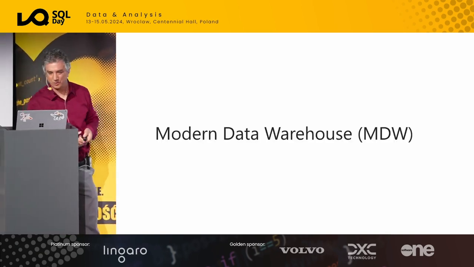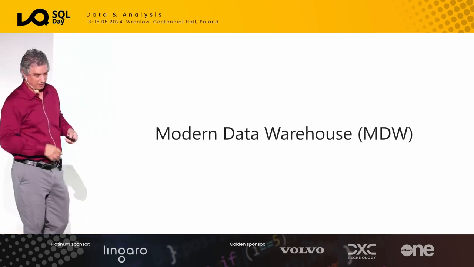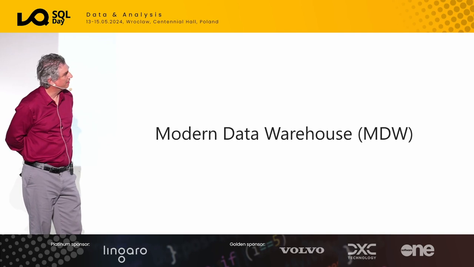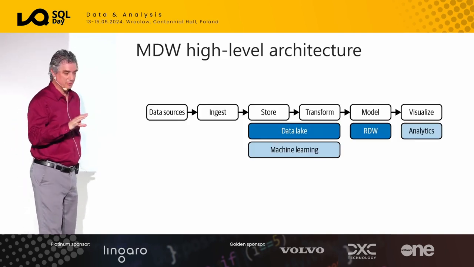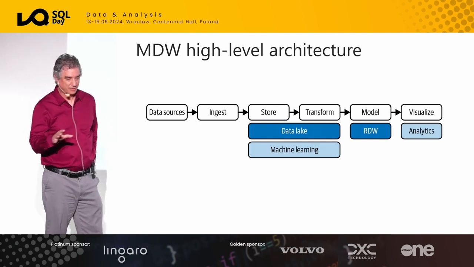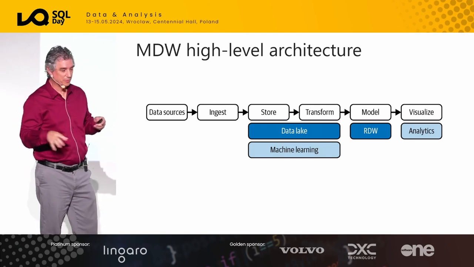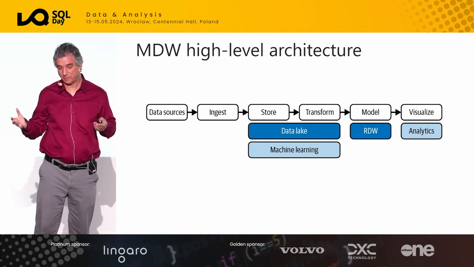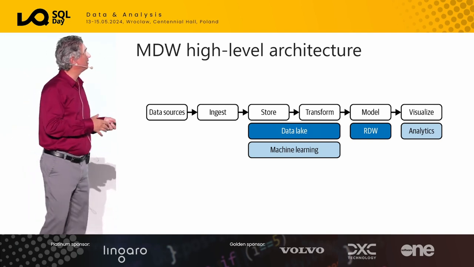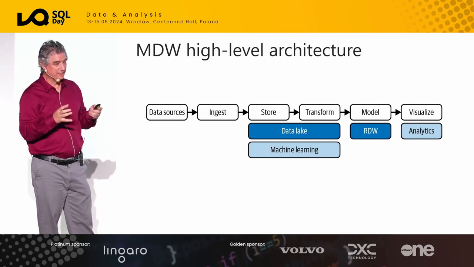So this gets us to our first architecture, the modern data warehouse, which has been around for about a dozen years. And at a very high level, this is what it looks like. There's 5 steps that you go through in all the architectures, and I name them ingest, store, transform, model, and visualize. Most other architects will have those same steps. They may call them something differently. But the idea is I'm going to use ETL or ELT and store this data in a data lake.